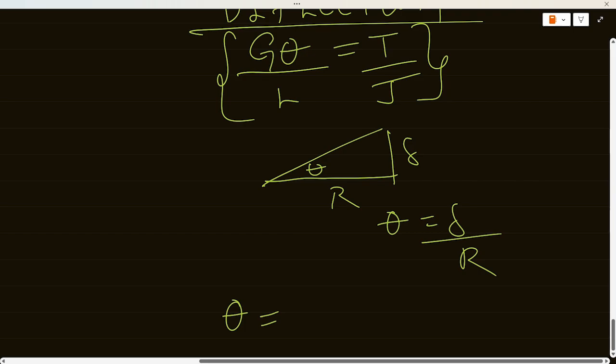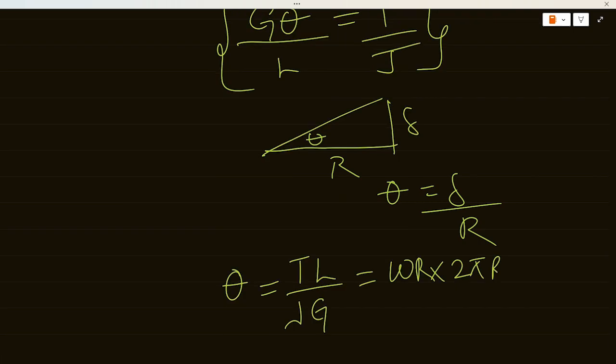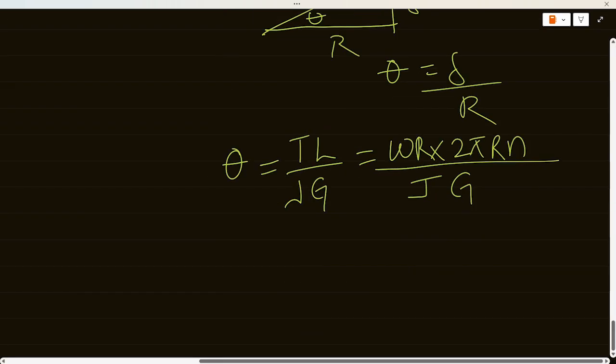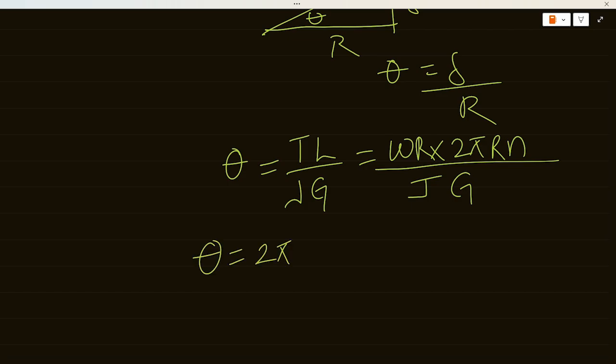And we can say that TL is equal to WR times length. Length is equal to 2 pi R n. So theta now is equal to 2 pi R squared W n over